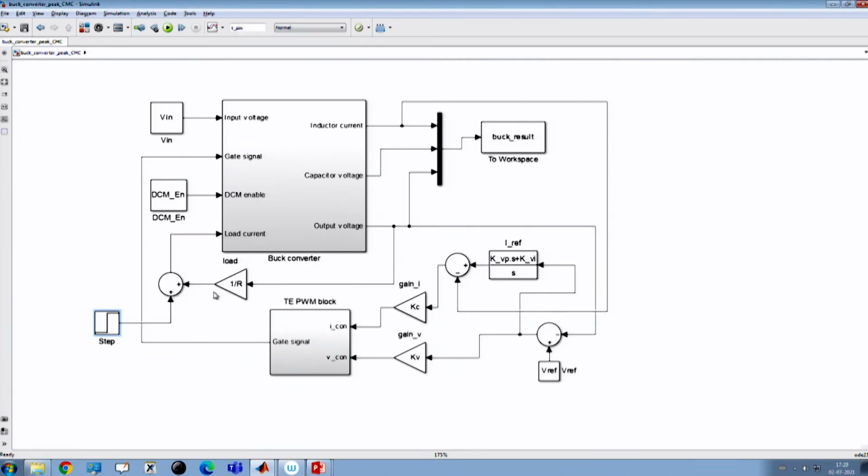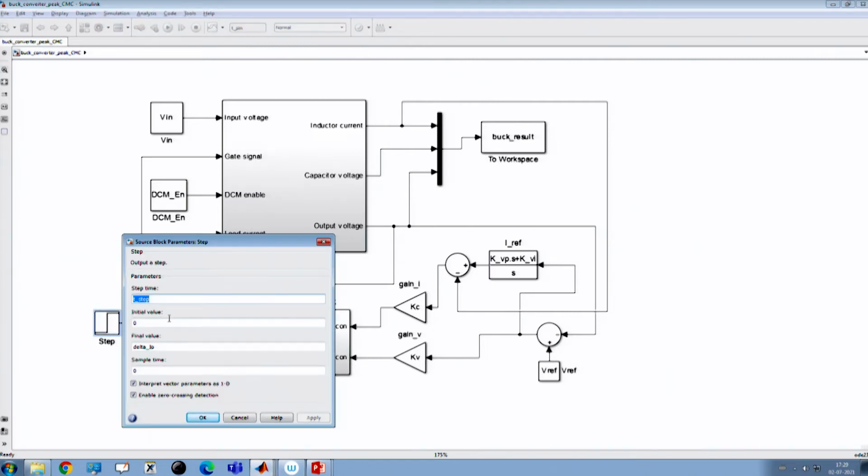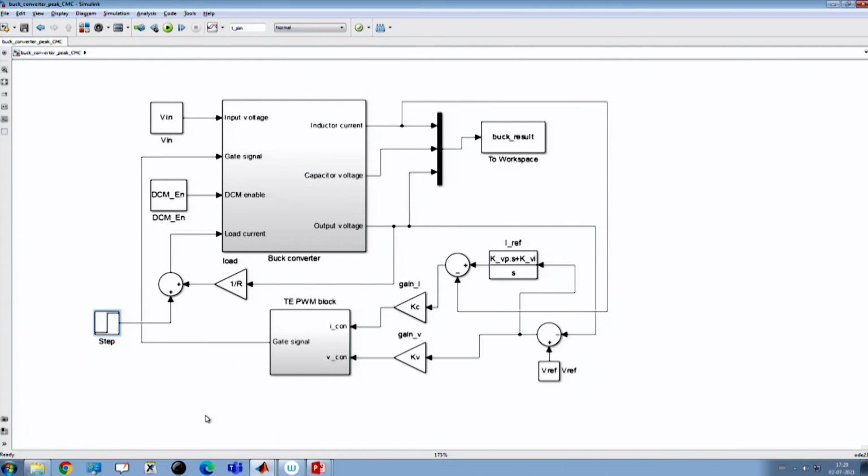That means we are using a resistive load, and after a certain transient time we want to introduce a step load transient, which is a constant current load with a value of delta I 0, and that will appear after the t step time. That means we will not put it at the beginning; after some time we want to introduce a step load transient in the current. And in the closed loop, I want to show, this is a modulator block.